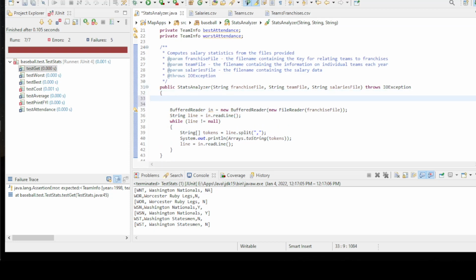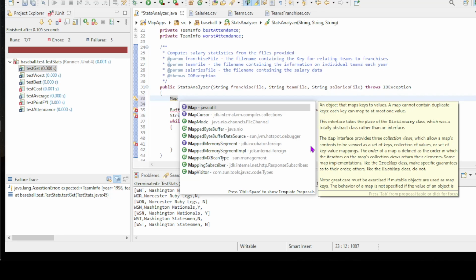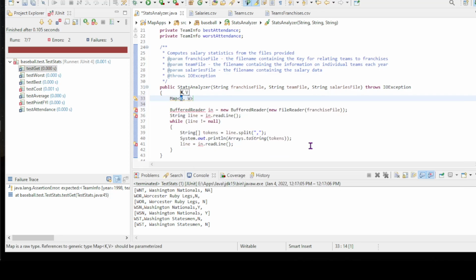So I'm going to call this real quick. I'm going to create a map, Control Space, Java util Map, if you need to import that. And the map takes a key and a value. And I can specify the type of the key and value. And so in this case, it's actually just going to be a string and a string. And so this is going to be the